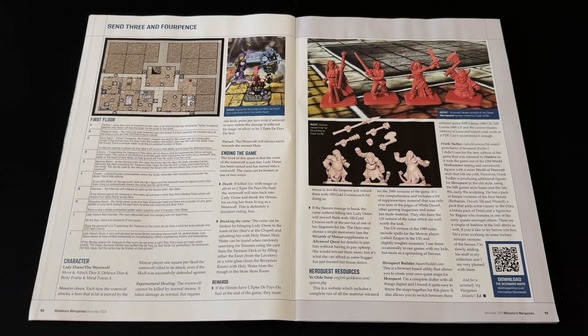I don't think it's going to teach you anything you couldn't have worked out for yourself, but it is interesting to see how other people approach mission design, especially when using old school rules. Plus, the mission itself seems like it could be a bit of fun. I think that covers the aspects of the magazine that will be of most interest to the majority of my